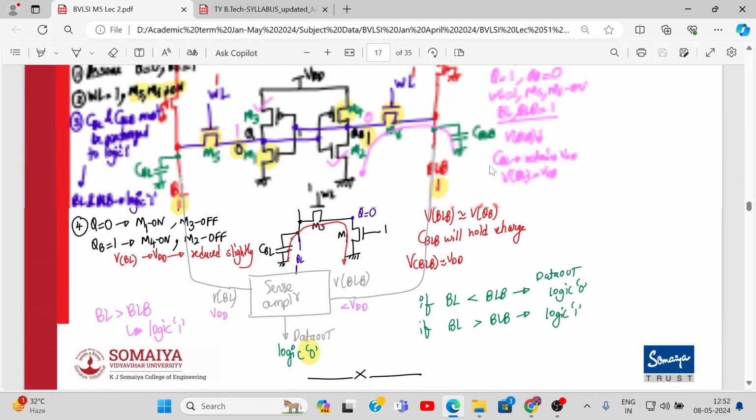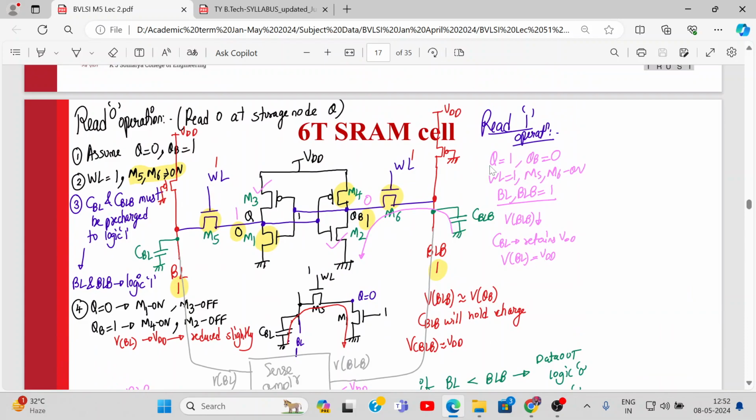So students, we will be continuing our discussion on the 6T SRAM cell. In the last lecture, we have seen the 6T SRAM cell structure, its hold operation, read 0, read 1 operation, and also write 0, write 1 operation. So we have completed the operation of the 6T SRAM cell. Next, we are going to go for